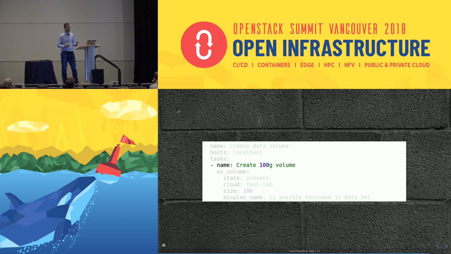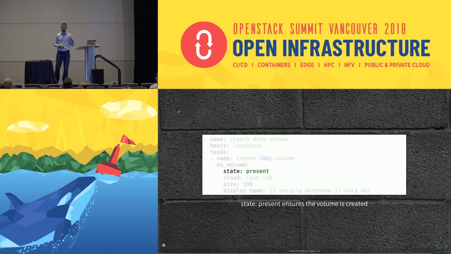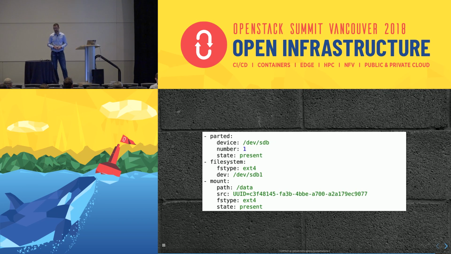So I create a task. I'm creating a 100 gig volume, and I'm using the os_volume module within Ansible to give it some information. I'm saying I want this present. I want a 100 gig volume to be there, and I'm giving it the size and what to call it, and then once I have that, I run this playbook,